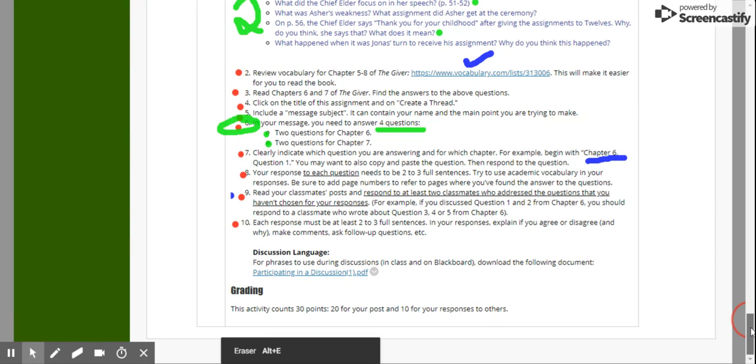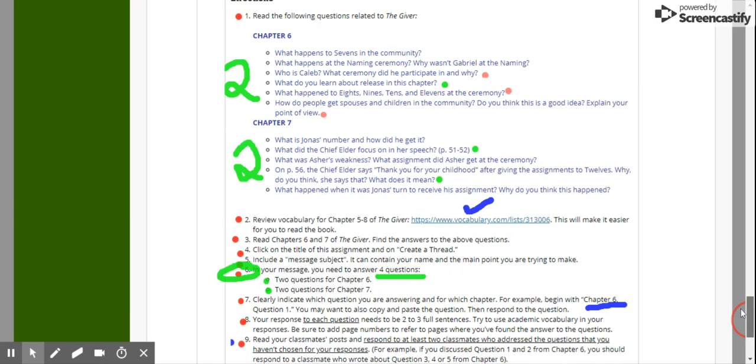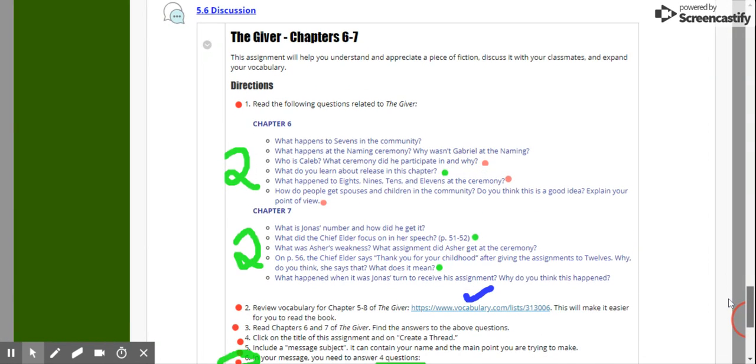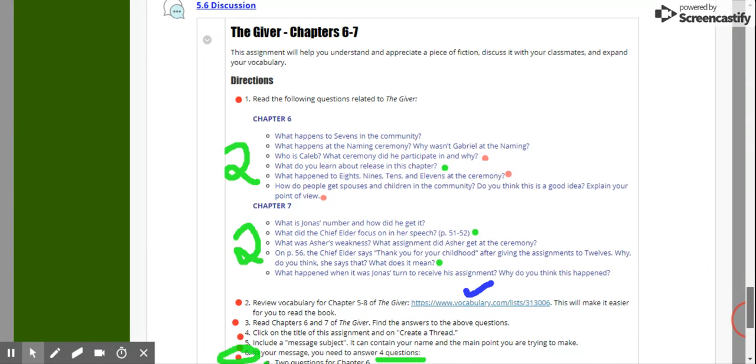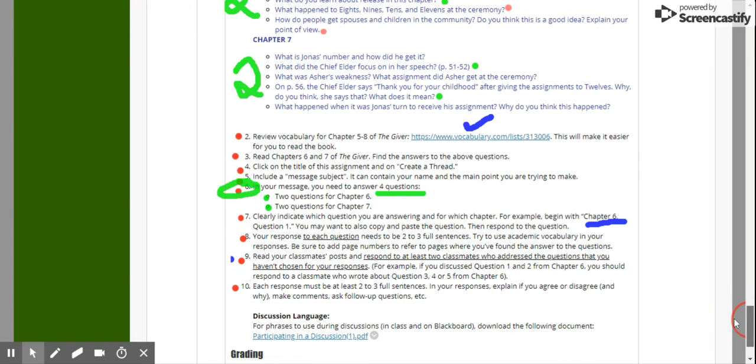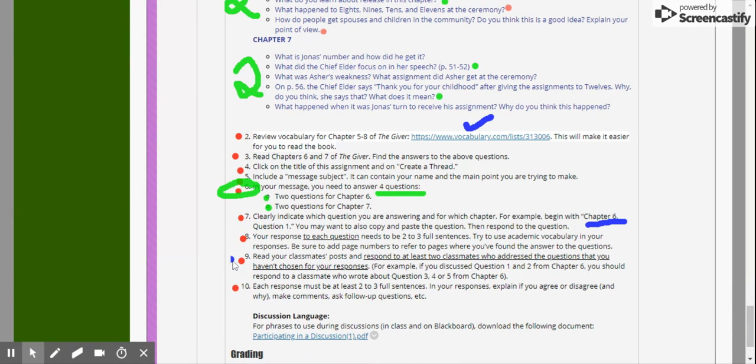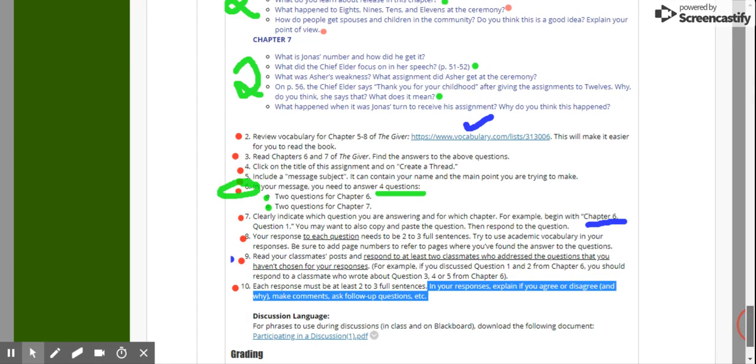I know some of you don't like to read, and this part of the class is hard, but this might make it a little more interesting because you know that your classmates are going to read what you said, and they might have a comment, and you might get to have a conversation about something it reminds you of. The sky's the limit really with this. It just has to be based on what you read and reacting to it, and then reacting to one another. Okay, so